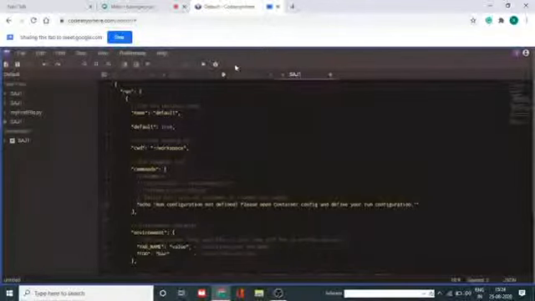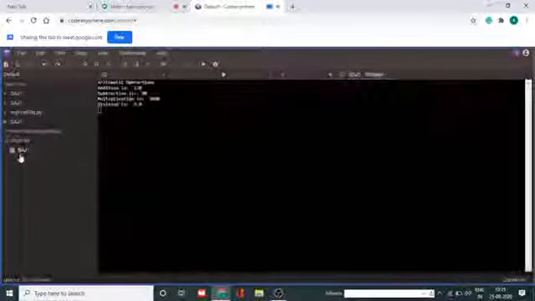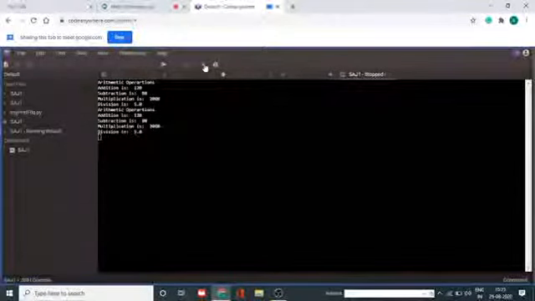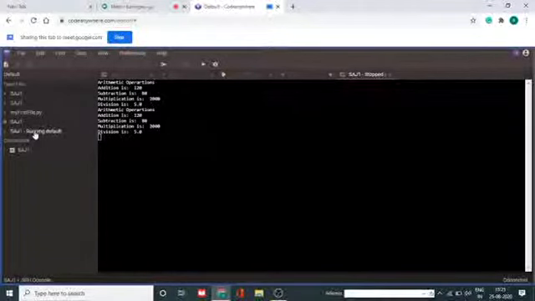Okay, so just see, you will see here this arrow. This is given for running the project. So if I click over here, it is showing you the output running as default.